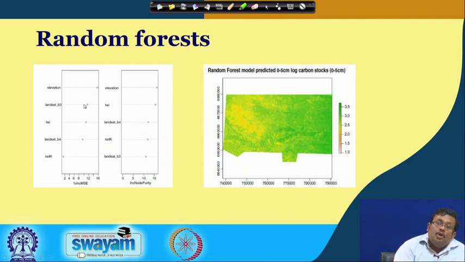All these 5 covariates were used as predictors, and you can see here they are arranged based on certain properties like increase in mean square error and increase in node purity. So, these are arranged based on their importance. That is why random forest has the capability of arranging the variables based on their relative importance also. So, this is an example of random forest application for predicting the log carbons.